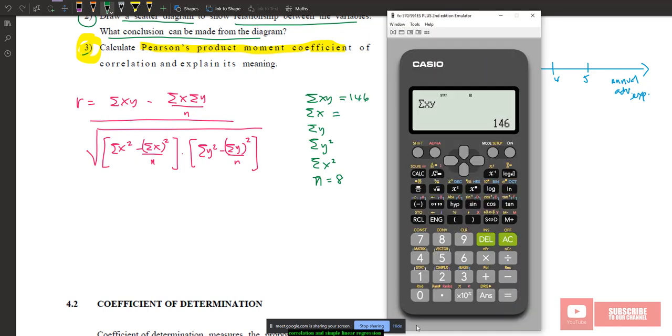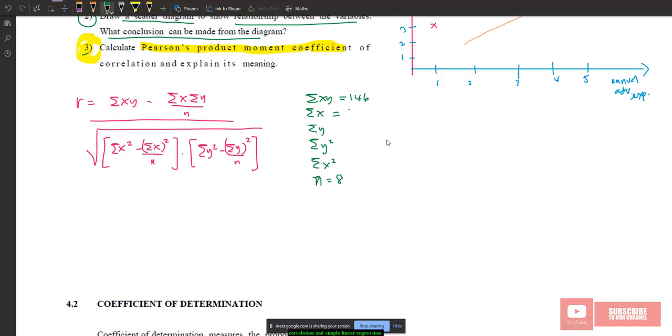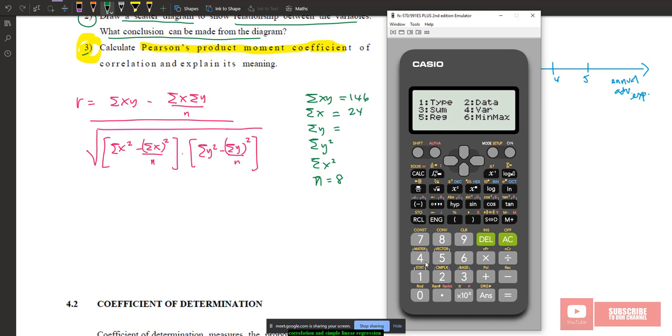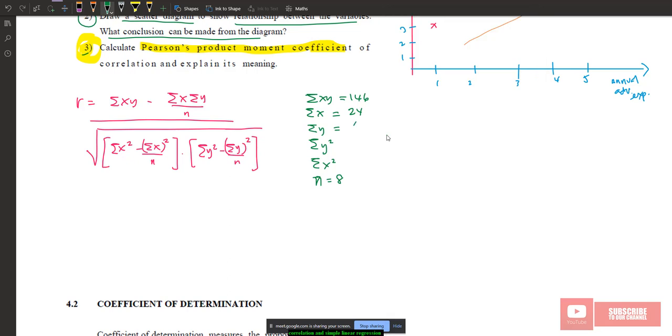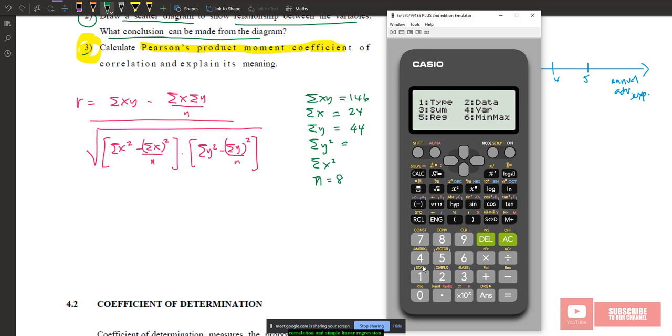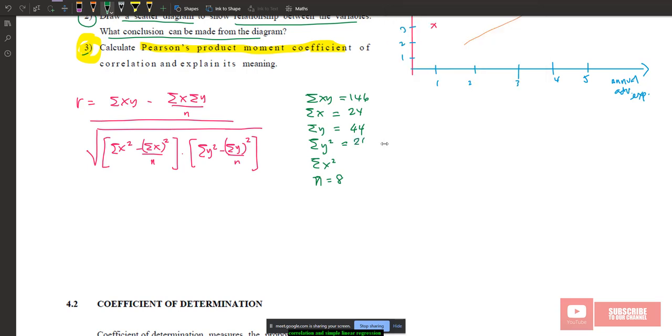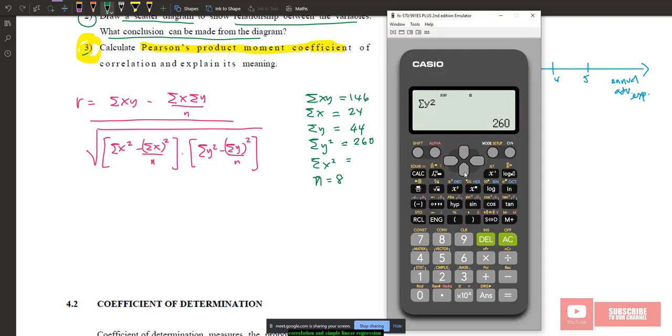Summation of x, number 3, is 24. Summation of y, same process, is number 4, equal to 44. Summation of y squared, number 3, is 260. And summation of x squared is number 1,